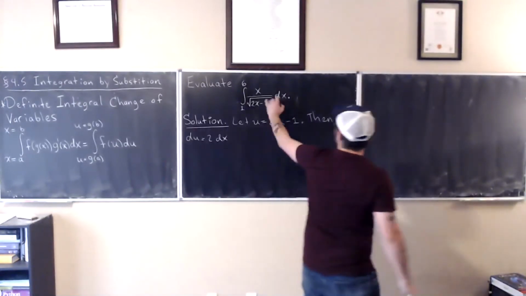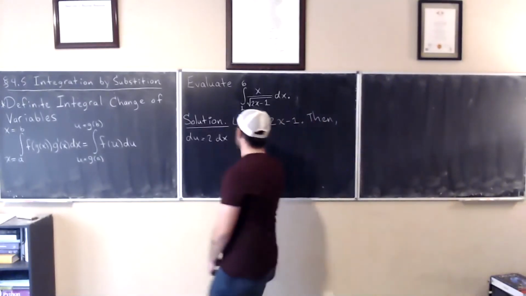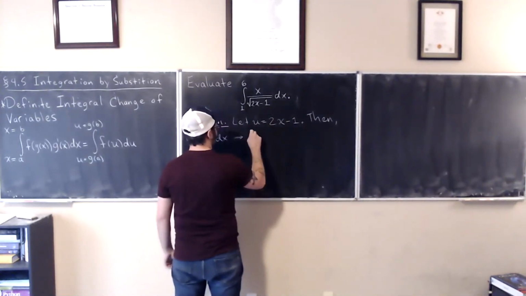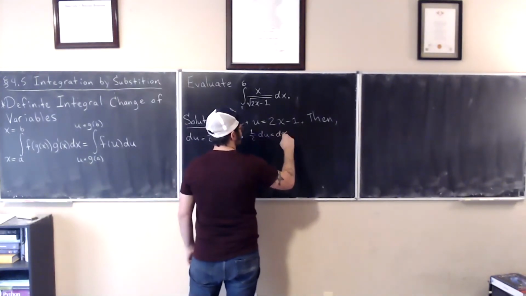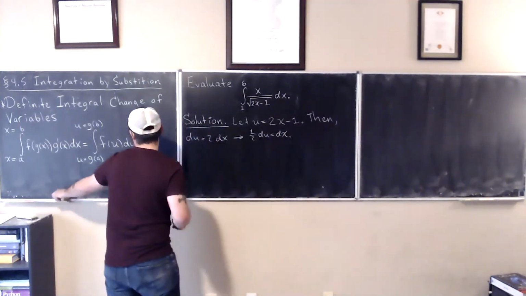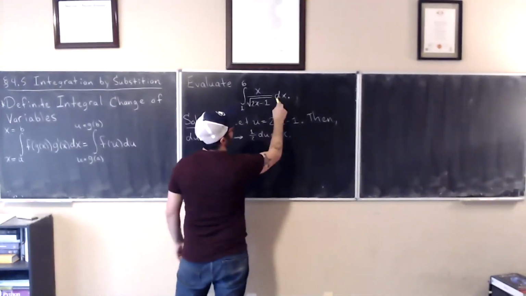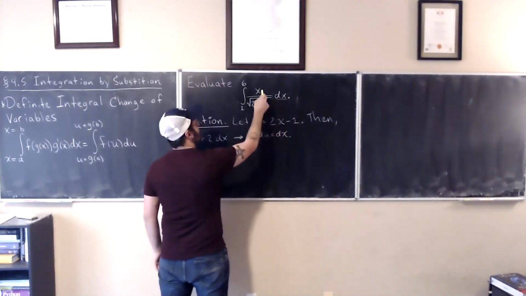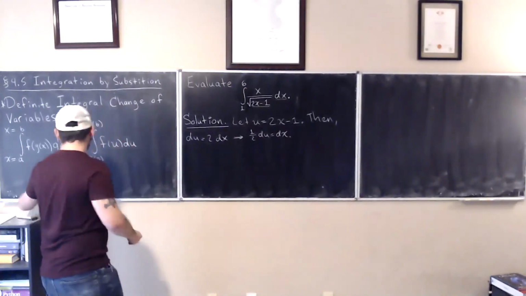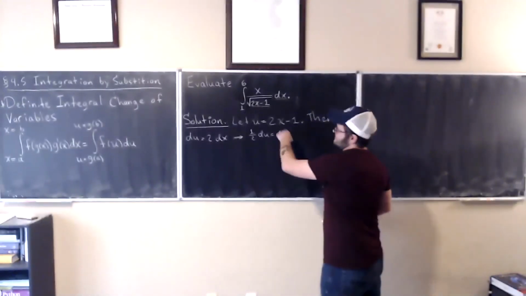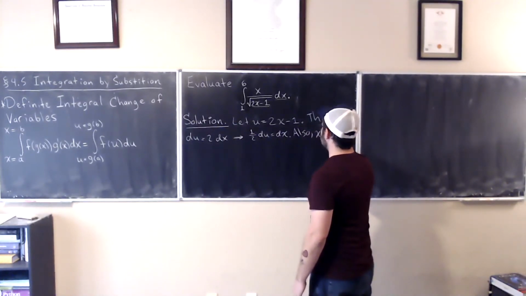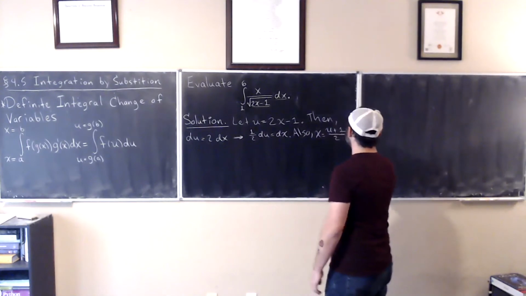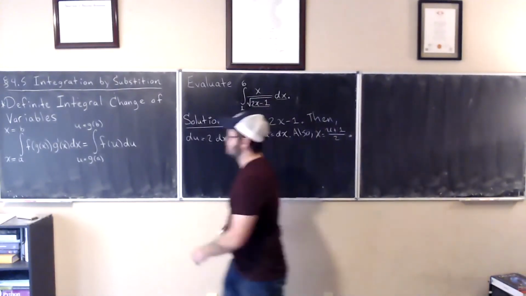I do not see a 2 dx anywhere in that statement, but I do see that this gives us that 1/2 of du is indeed dx. So then, in a sense, I've accounted for that, and I've accounted for that. Now I need to account for that. In other words, I need to solve for x in terms of u. So then also, x is equal to (u plus 1) over 2. So now I've accounted for